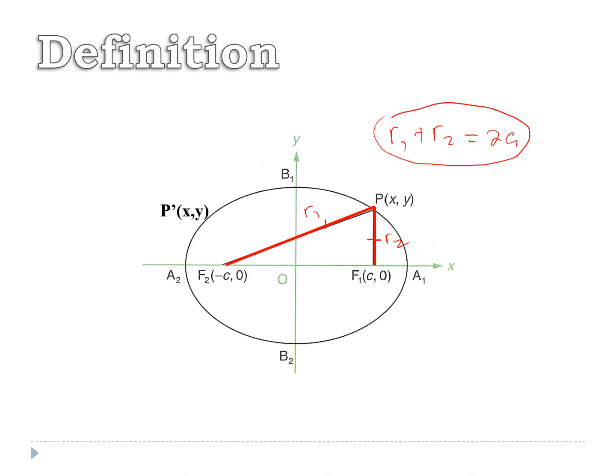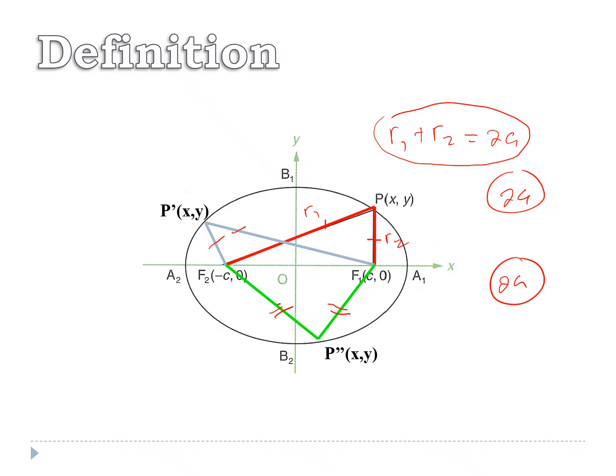Okay, again, if we move this point around these two fixed points, the foci, then the distances are just the same when you add them up. This distance, when you add this up with this, is still equal to 2a. Or if you bring the point here, the sum of the distances again is equal to 2a. So this is a constant. The sum of the distances is constant, and that is equal to 2a.